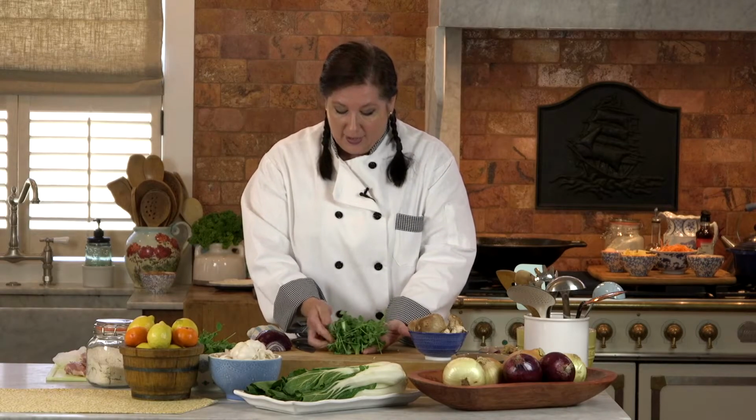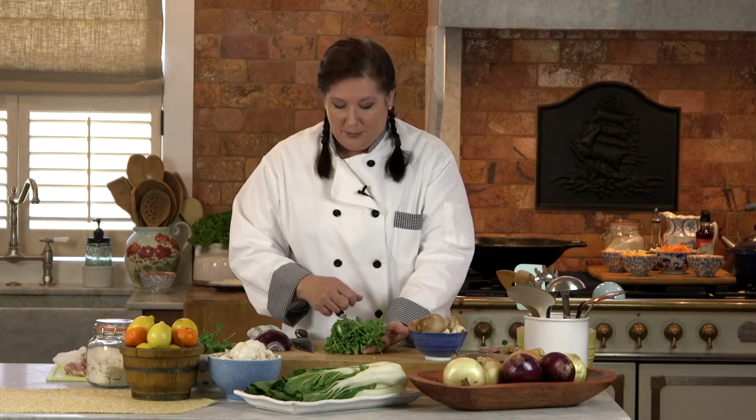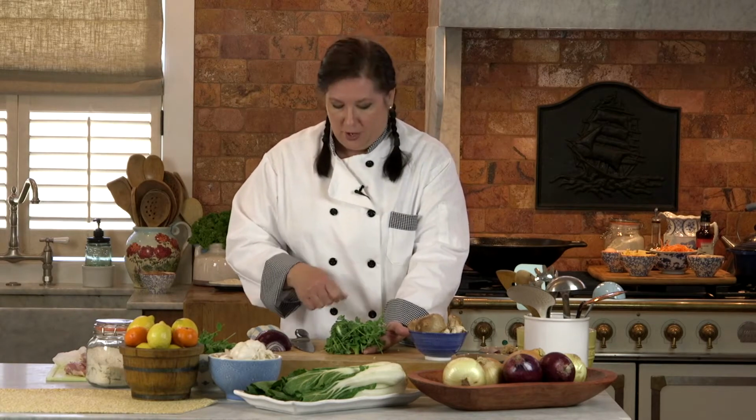Well, today they had these beautiful sugar snap pea sprouts, and these are edible as well as the peas themselves. So what we want to do, since they're long and they're going to take up a lot of room in the pan, we're just going to give them a little rough chop. So we're just going to put a pile on our board,